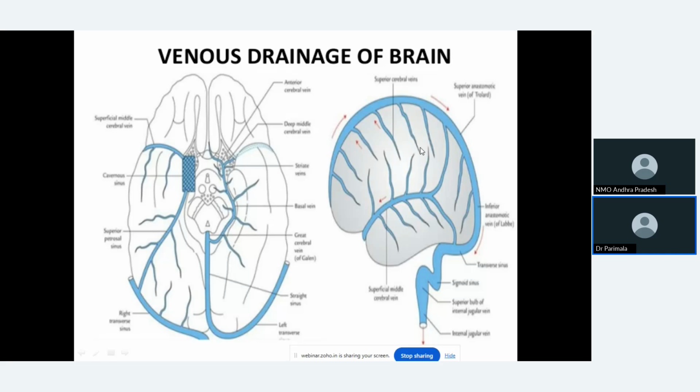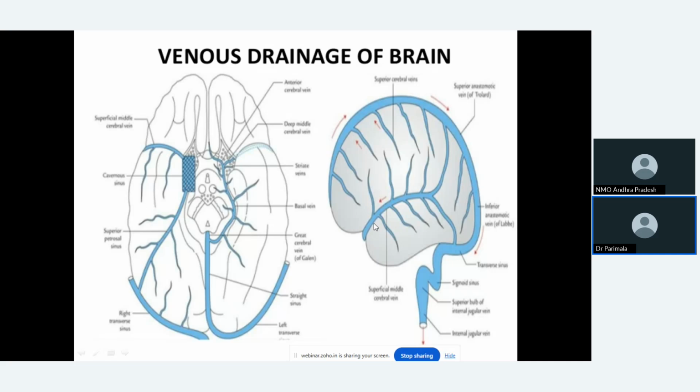This much is enough. On the superolateral surface, you have the superior cerebral vein and middle cerebral vein. Okay? They drain into the superior sagittal sinus or right transverse sinus. From the interior of the brain and the base of the brain, certain veins will join to form the straight sinus and they drain into the left transverse sinus. And at the end, the inferior surface of the brain directly opens into cavernous sinus.